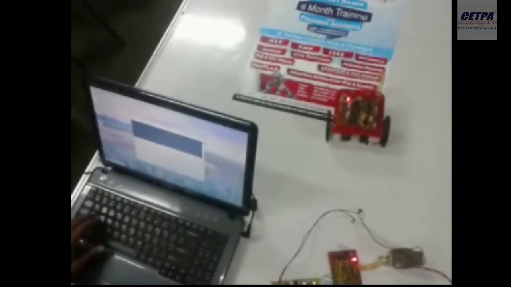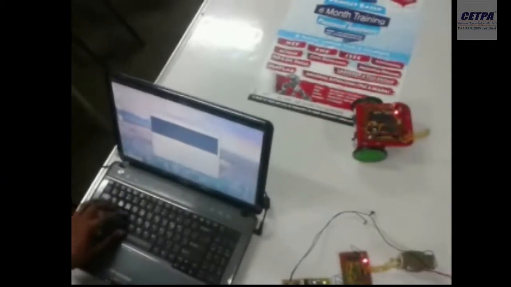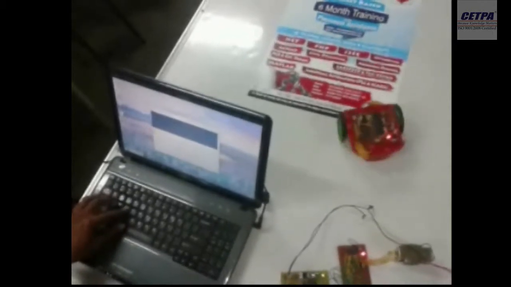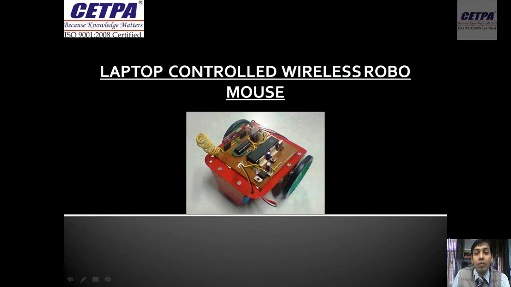I am pressing A. It is turning. Space, stop. D, right. W for forward. D for right. Again D for right. W, forward. Space, stop. So this was the short introduction of this project.